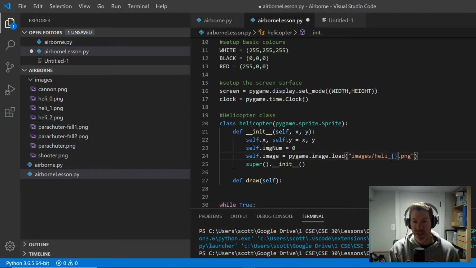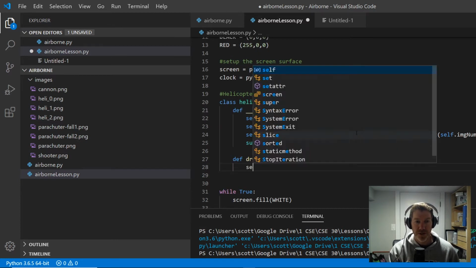So just to keep it simple here, I'm going to actually use self.imageNum, this format, to specify where it is, or which number it's on. Okay. All right. So now, when we're ready to draw,